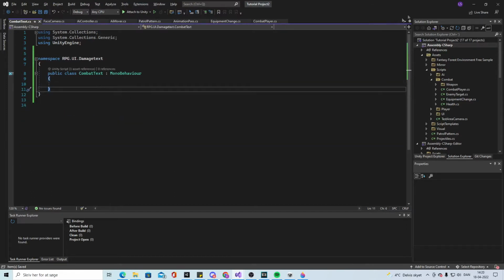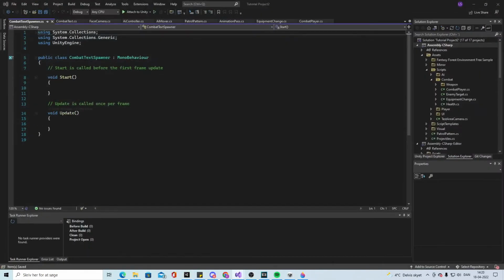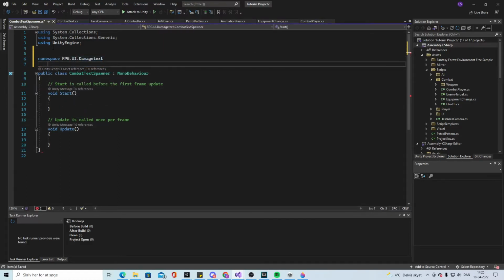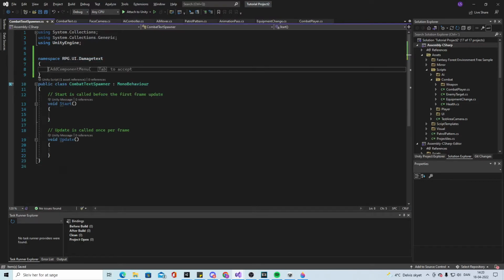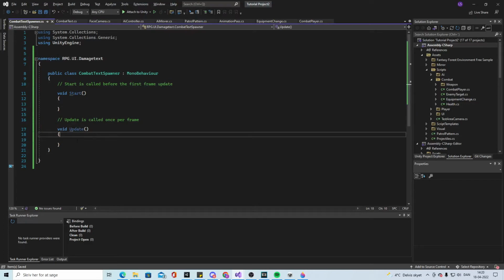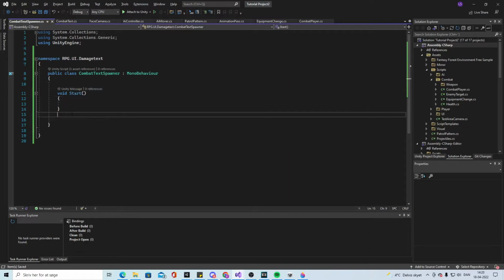Great coding. And then we're gonna take the other one and do a bit the same. So namespace rpg.ui.damage text brackets, take off this, put it in here, and delete the update, delete the comment, and we're gonna